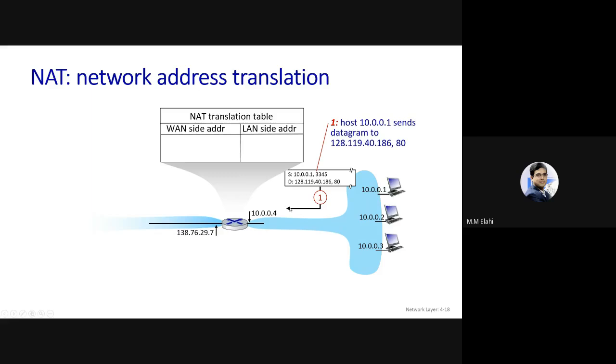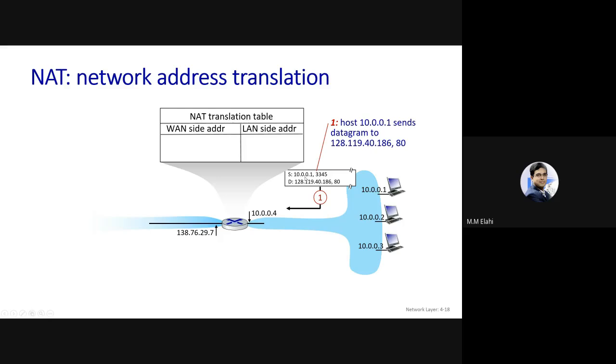Now this will travel through the router because the destination is outside our local network. So it will definitely be forwarded to the router. What will the router do? The router will maintain a table. This is called the NAT translation table. This is not the routing or forwarding table. This is a different table where the router will store the information. Why? It will be clear shortly. So whenever it sees the router, because we are assuming NAT is configured here with a public IP given, outside 138.76.29.7, whenever it gets a packet,